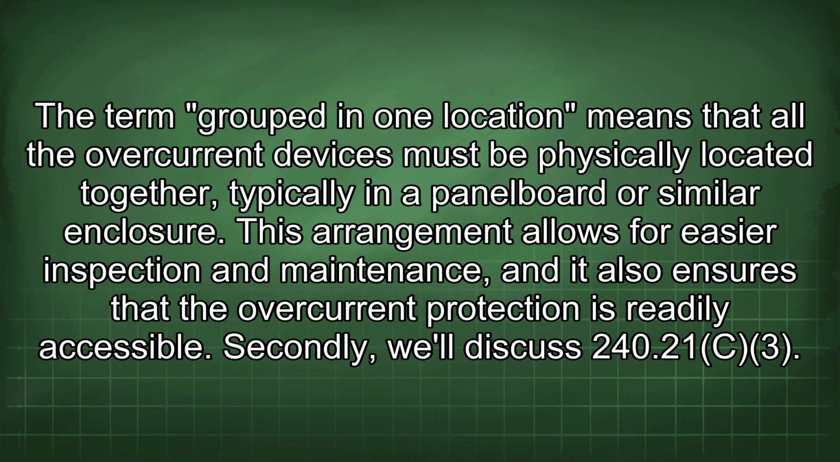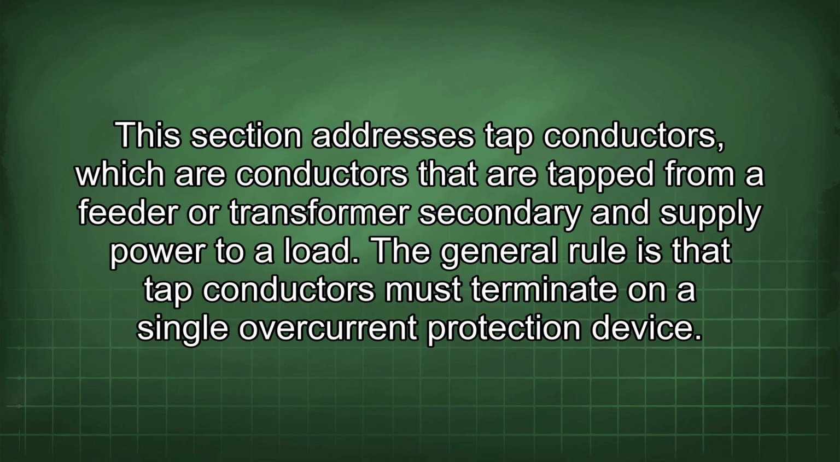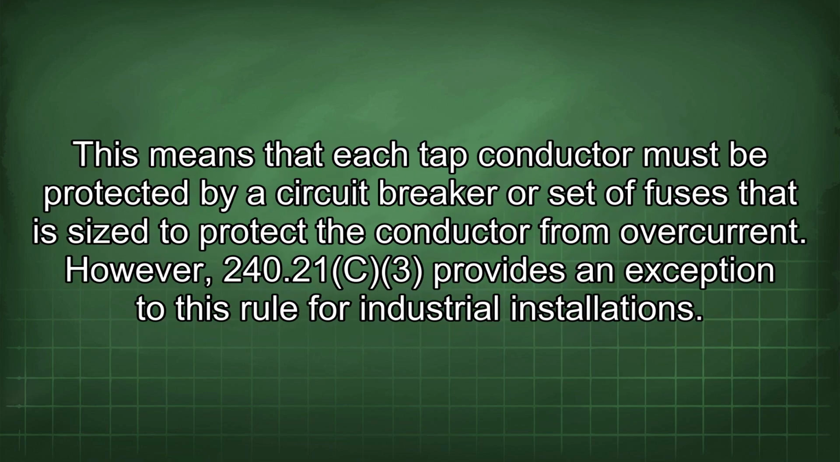Secondly, we'll discuss 240.21(C)(3). This section addresses tap conductors, which are conductors that are tapped from a feeder or transformer secondary and supply power to a load. The general rule is that tap conductors must terminate on a single overcurrent protection device. This means that each tap conductor must be protected by a circuit breaker or set of fuses that is sized to protect the conductor from overcurrent. However,